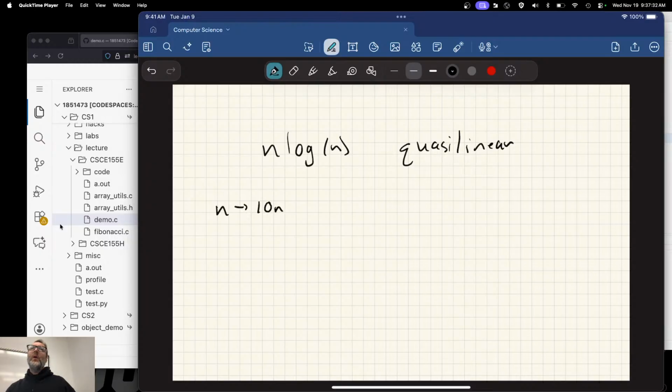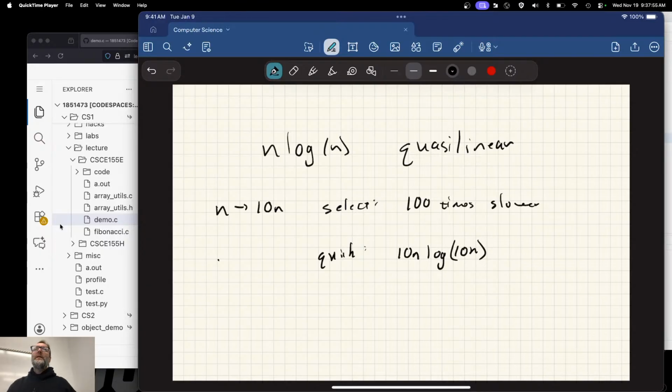Okay. Another way of looking at this, what if I go from n to, say, 10n, an order of magnitude larger? With selection sort, right, then you are going 100 times slower. We did that analysis last time. But what if you do it for quicksort? Then you are going 10n log of 10n.